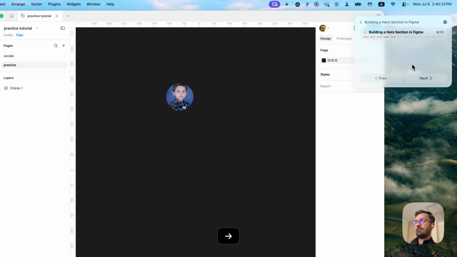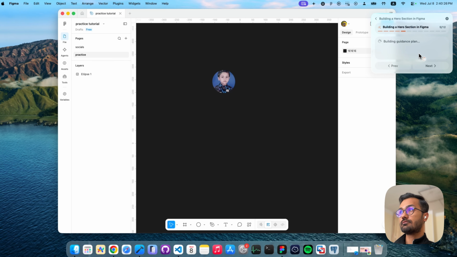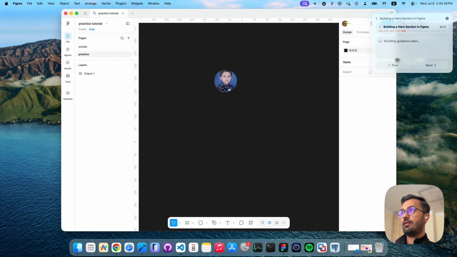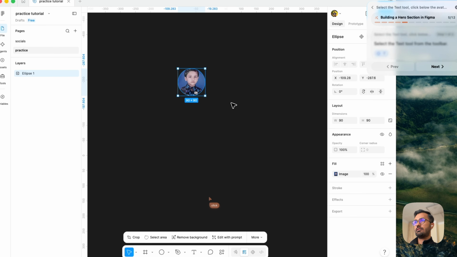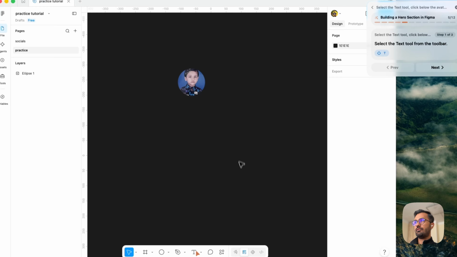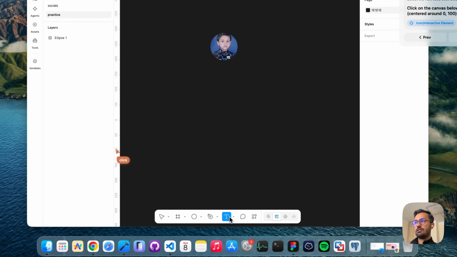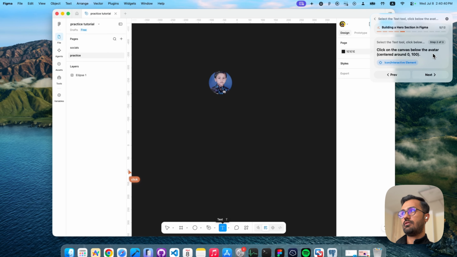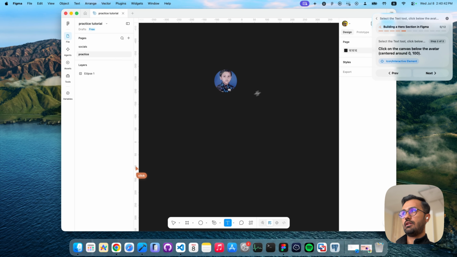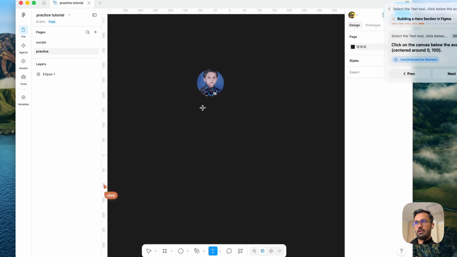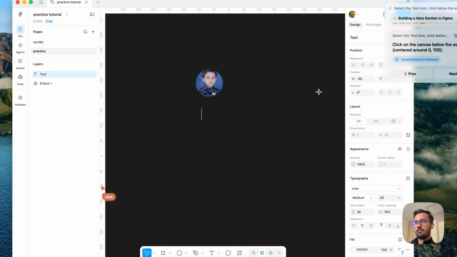And we will click on the next goal. So it says select the text tool from the toolbar. Yes, we can select it. And click on the canvas below that avatar. That's okay. We click and